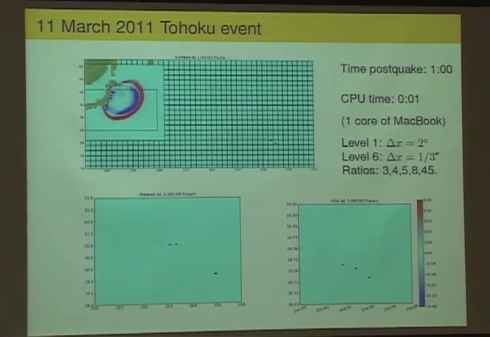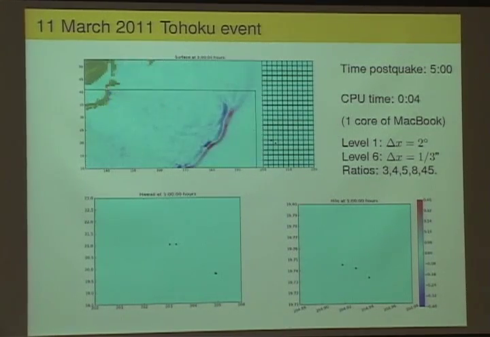Let me show you just one more example, focusing on the adaptive mesh refinement aspect again. So this is the resolution we're using over the ocean where nothing's happening. It's a grid size of 2 degrees, which is about 220 kilometers. So these are very big grid cells. And then there's a refined patch here, a level 2 patch, and a level 3 patch. Later I'll add more levels, but we're going to zoom in on Hawaii, which is right out here, which is not at all well resolved, but as it goes along, we'll see Hawaii appearing down here. But for quite a while, we're just using these 3 levels.